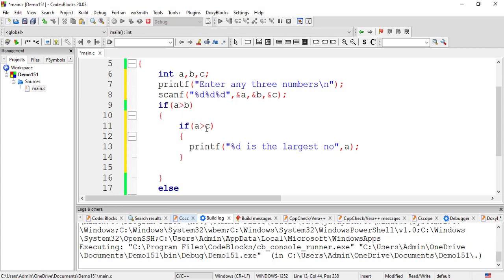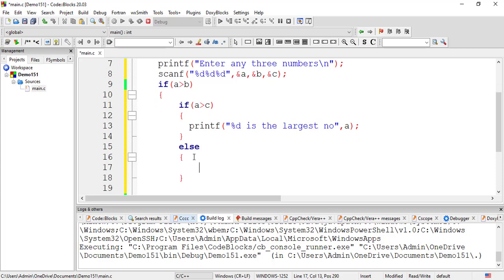If A greater than B, there are two possibilities, whether A could be larger than C or A could be smaller than C. If A is greater than B and let's say A is smaller than C, A B से बड़ा है और A C से बड़ा नहीं है, तो इसका मतलब C सबसे बड़ा हो जाएगा. So here the straight away decision that you can go ahead with is, what you can write is printf %d, and you can say the largest number is, right?